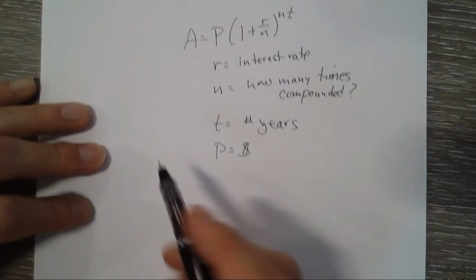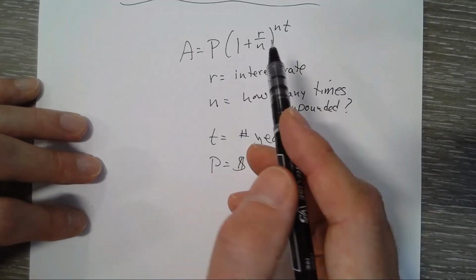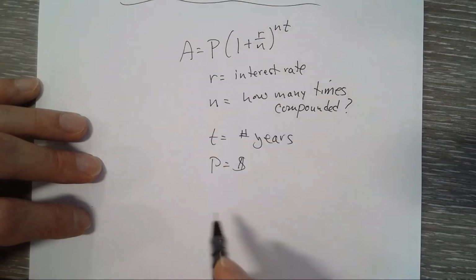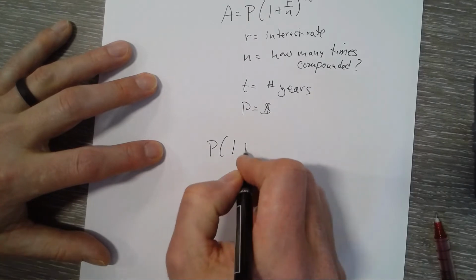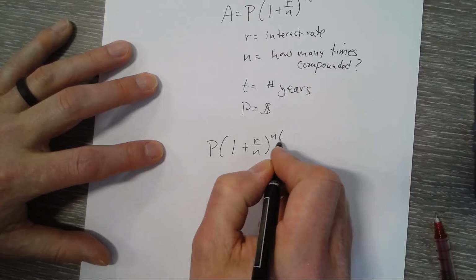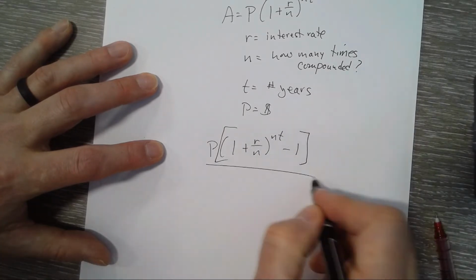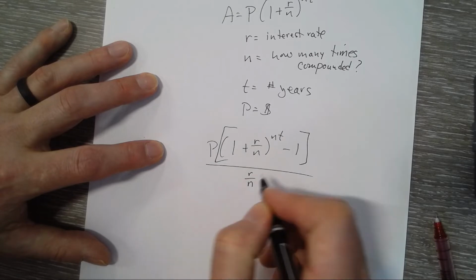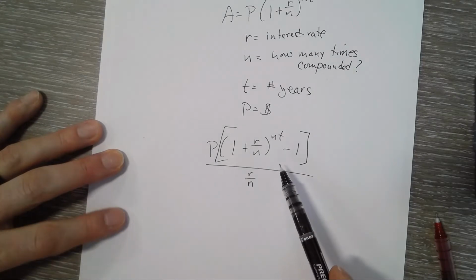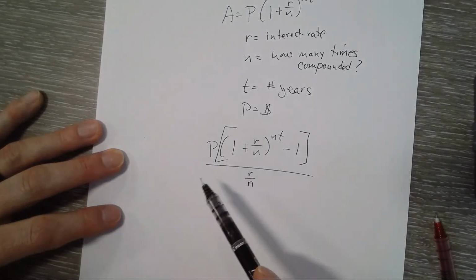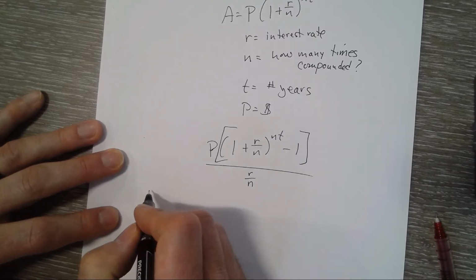If you wanted to keep contributing to it every single month, it's kind of a version of this, but it's within a different formula. So we go like this, divided by R over N, and this will give you with the same variables how much money you'll have if you continue to invest. So the principal is still P, but let's say I want to invest $100, and